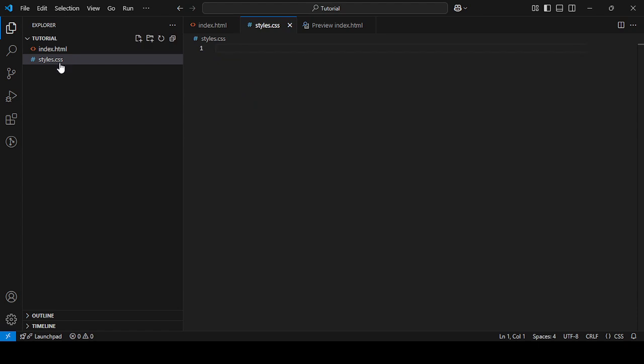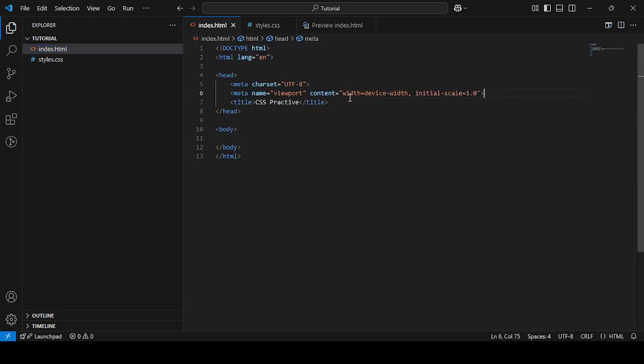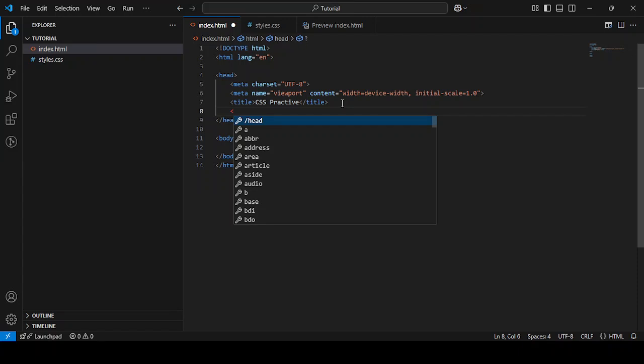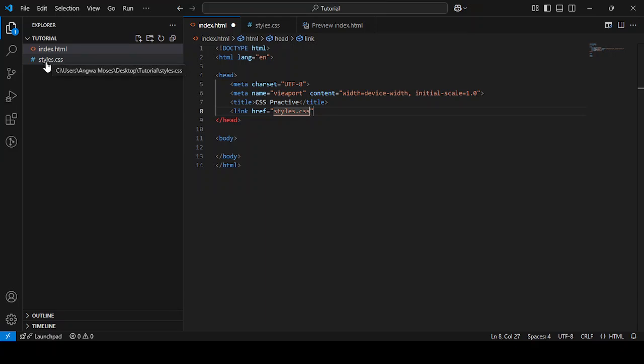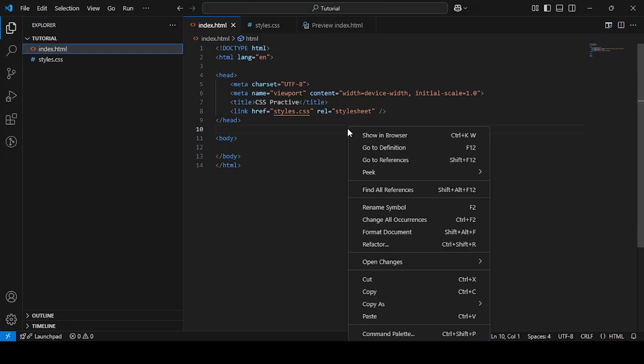So I'm going to come to this our HTML and call the CSS file there, and I told you that to call your CSS file in the HTML, you use the link tag, and the link tag carries the href which shows the location in which the CSS file is located. In our case, it's located at the root folder of the project. So I'll simply call the name styles.css without referencing it inside any folder. So the rel, I'm going to call it stylesheet because we are working with cascading style sheet, and then I'll go ahead and close